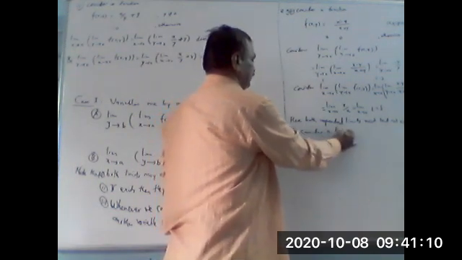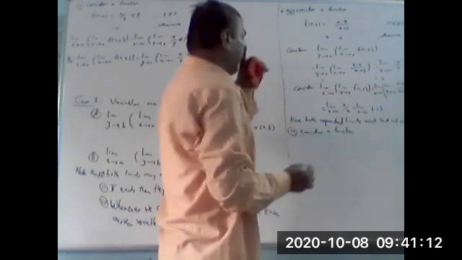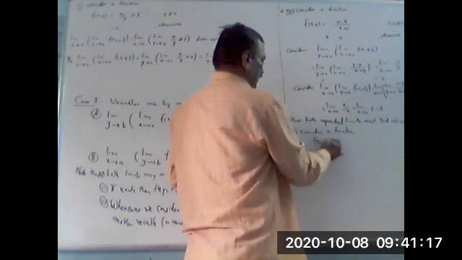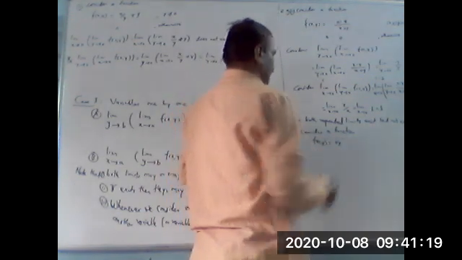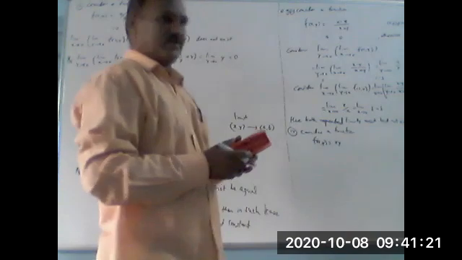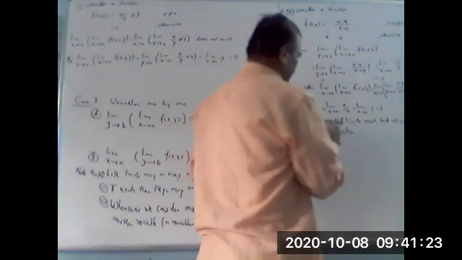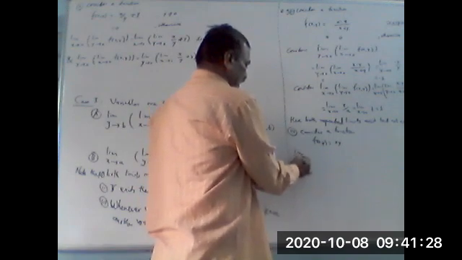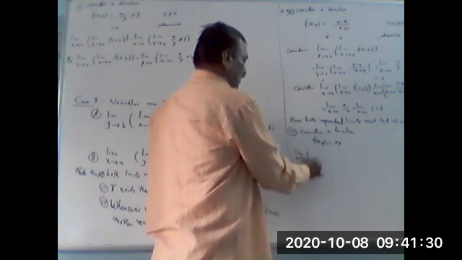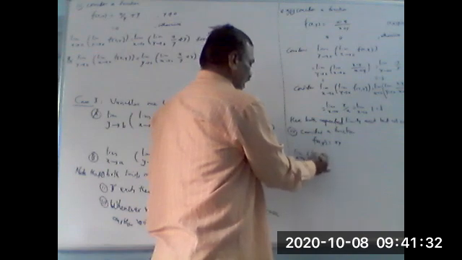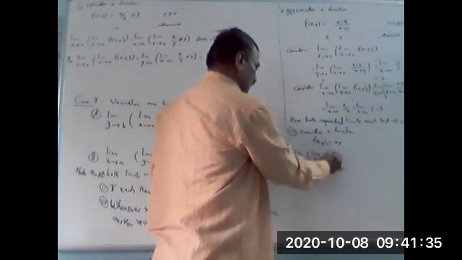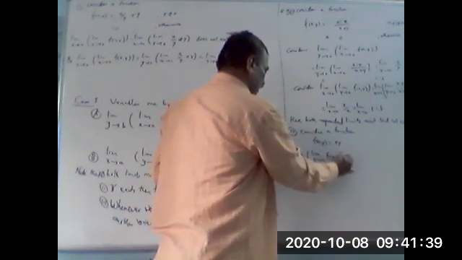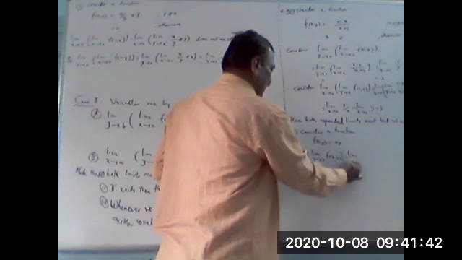Consider a function f of xy is equal to xy. Only xy, no problem. Or you can take x plus y, also no problem. Then in this case, limit x tends to 0 of limit y tends to 0 of f of xy is equal to limit